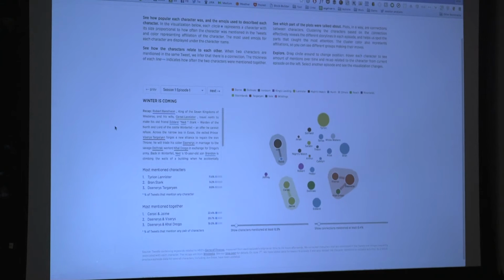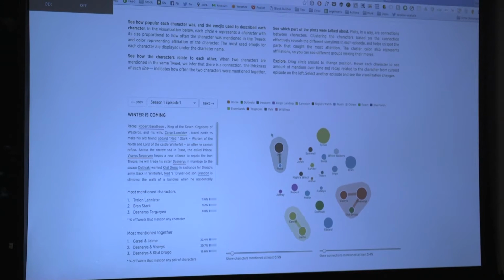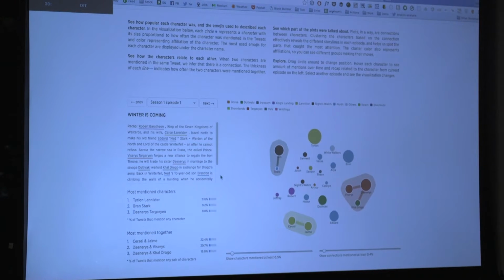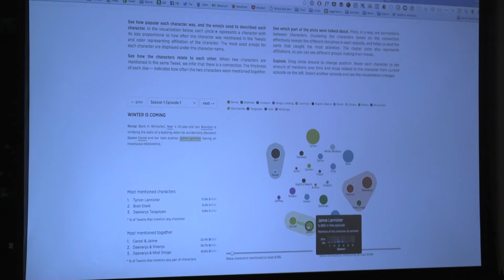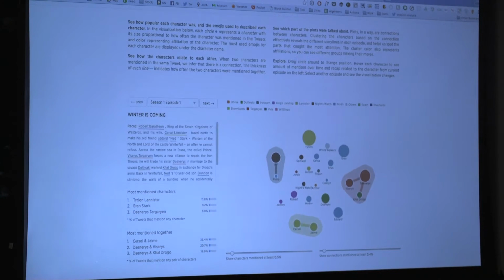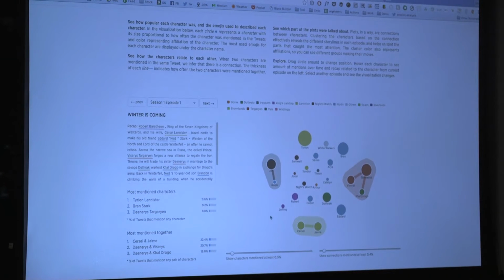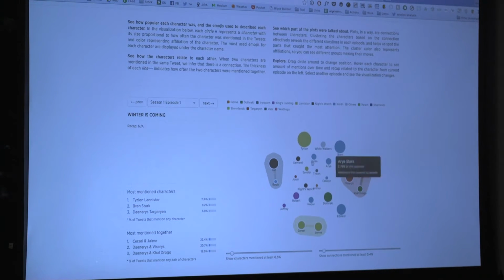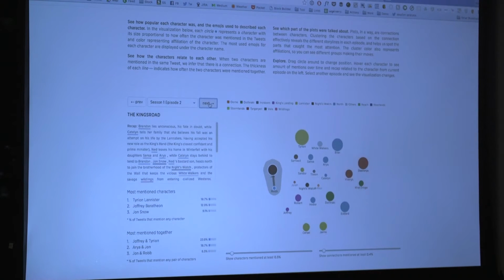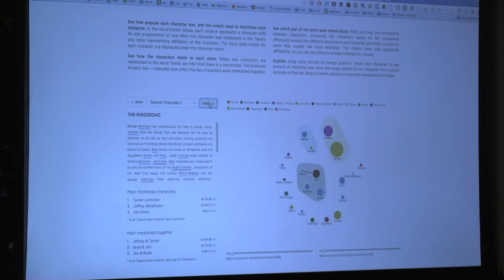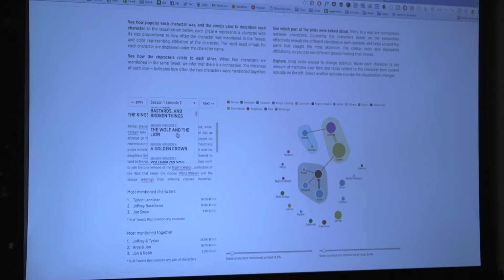This is when the story wasn't that complicated. The characters don't have many connections. And if you remember the first season, when these two siblings were doing something in the tower, that was the first episode. Yes. And then once you go along, the characters change, and there are notable episodes such as the